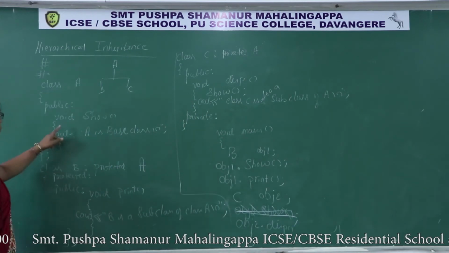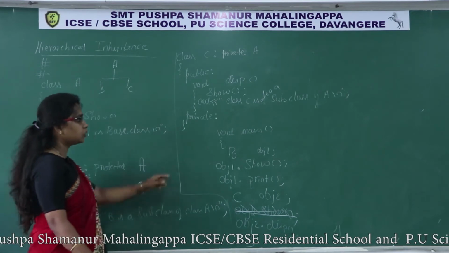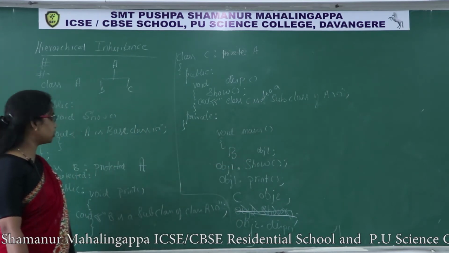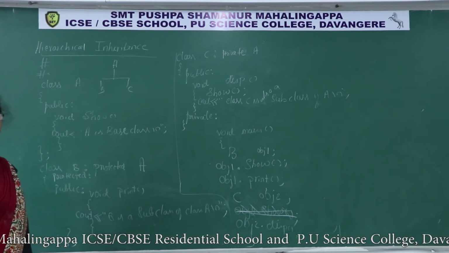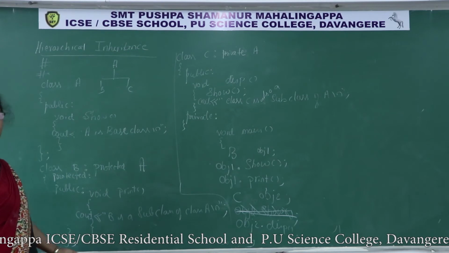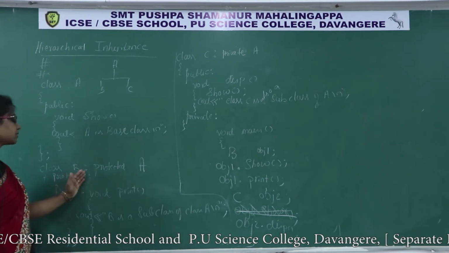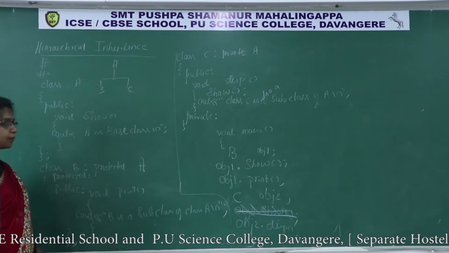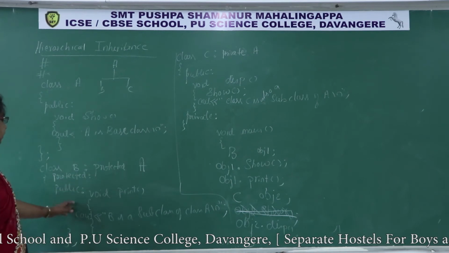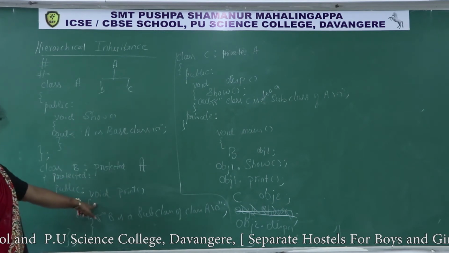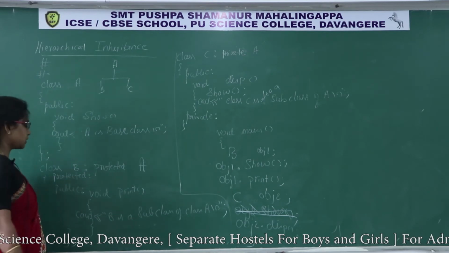Now I want to call the show function through the object of class B, obj1. Where is the show function? The show function is inherited to the protected section of the derived class. As per the rule, protected members cannot be accessed outside the class, or a non-member function cannot access protected data. A member function of that class can access protected data. Which is the other member function of this class? Print is a member function of this class. This can access the protected data of this class.